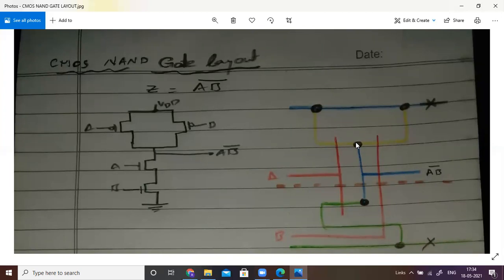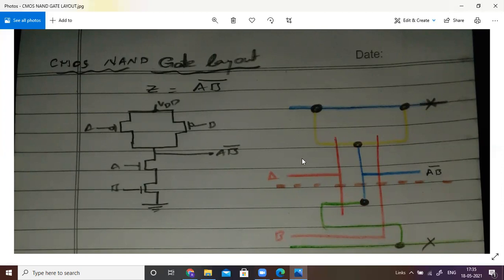Red color is used to identify the polysilicon layer. So you take polysilicon and draw a vertical line like this, crossing these P thin arcs as well as the N thin arcs. So you can form two transistors. One transistor is formed here, another transistor is formed here. This is the crossing. These are the crossings. It must cross here, otherwise no transistor will be formed. After crossing this thin axis with polysilicon, a transistor will be formed.